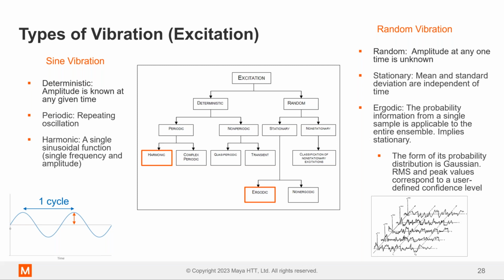So this is the idea that in general, the time history is random. You don't know the amplitude at any time, but any representative acceleration time history of that event is going to be representative of all the others. So you can use those, and you can define this and analyze to it. If it wasn't that, it would be more of a transient response, and you'd have to do some transient analysis.